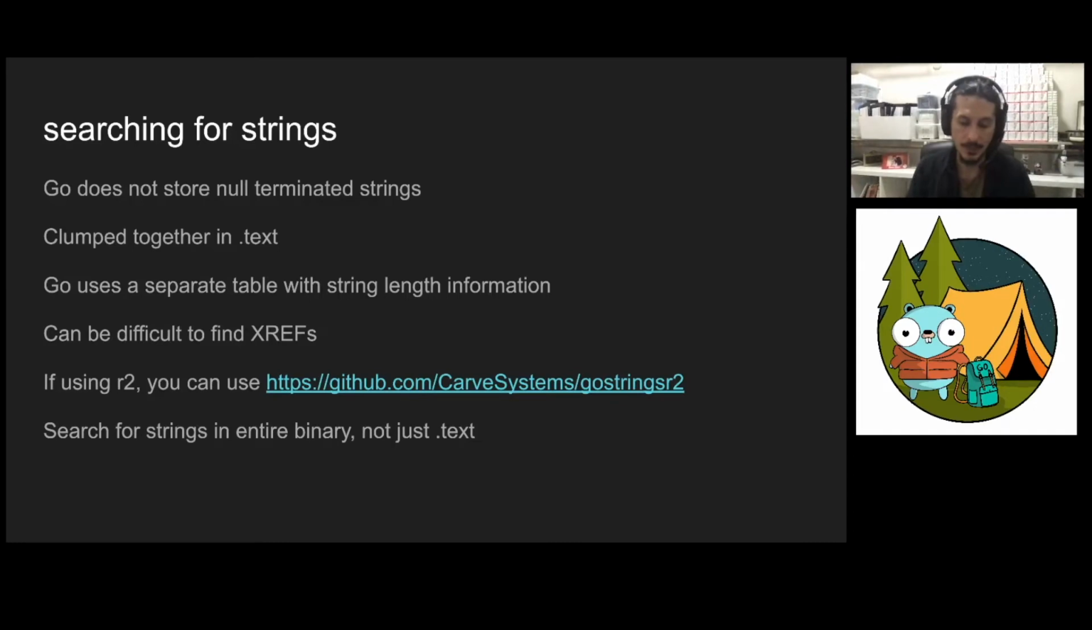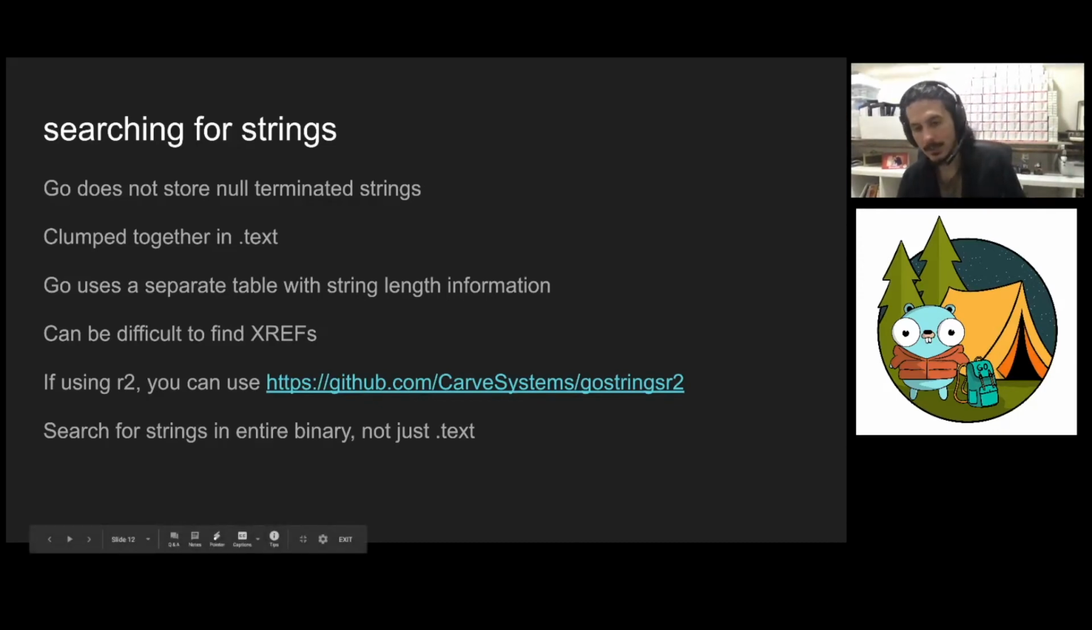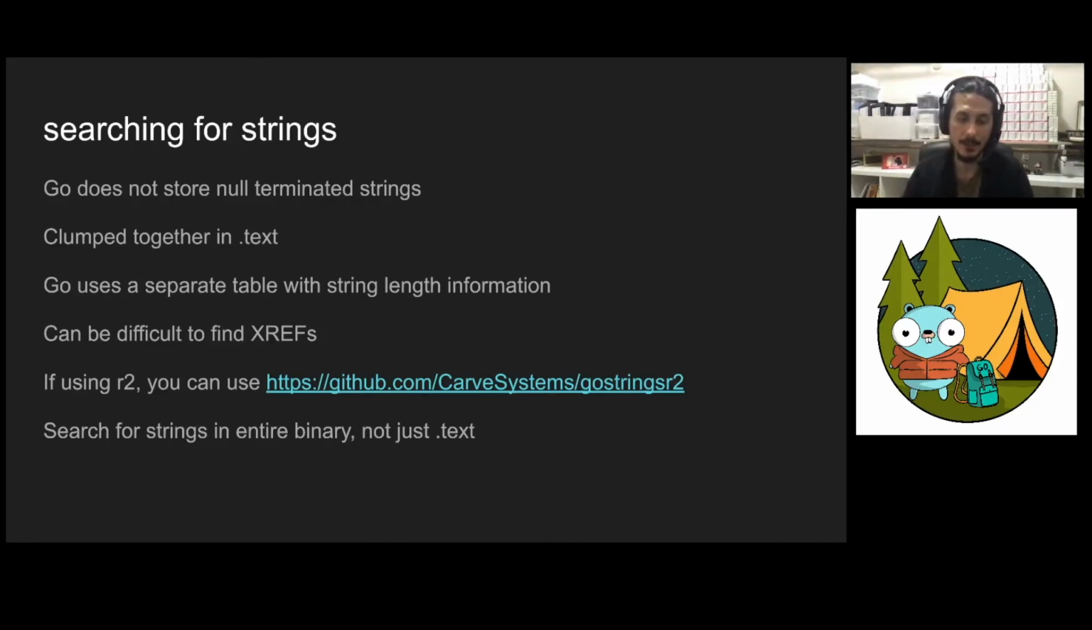as we saw in the previous slide, and you're looking to see where that string is being used elsewhere in the binary, so you can see what functions are using that string that might be interesting. For instance, the string password, if you are conducting reverse engineering of an interesting binary to see if you can find a password in the binary. If you're using Radare2, you can use tools like this one that I'm linking here that make it a lot easier for you to work with strings and find them in your Go binaries and overcome these difficulties